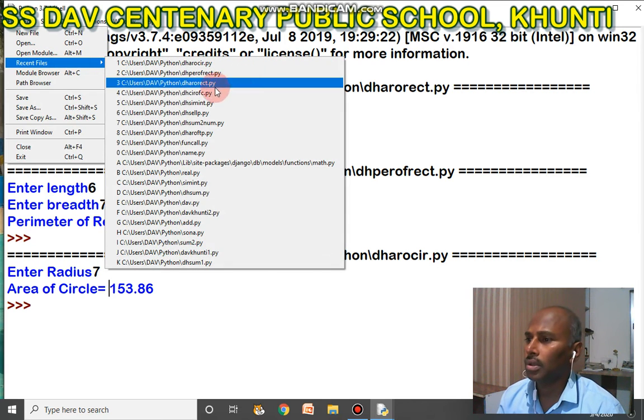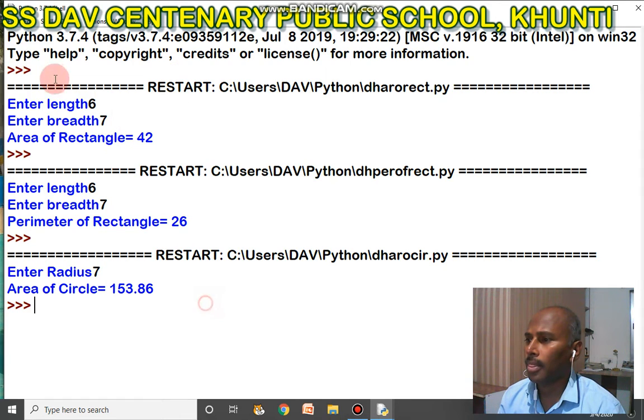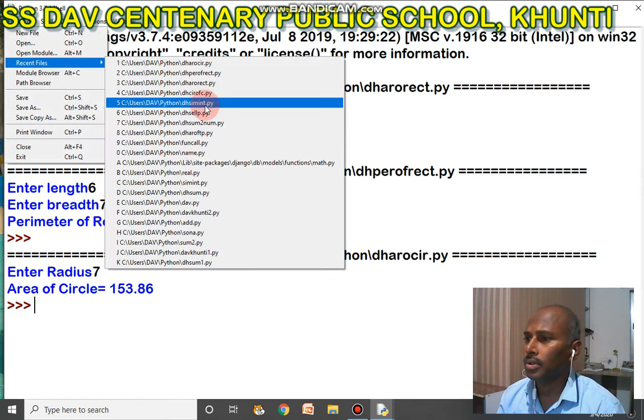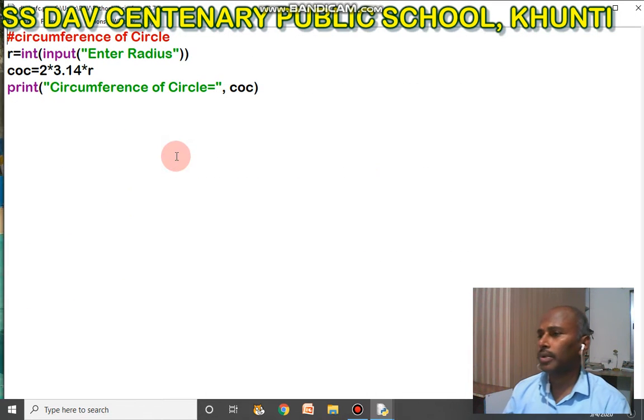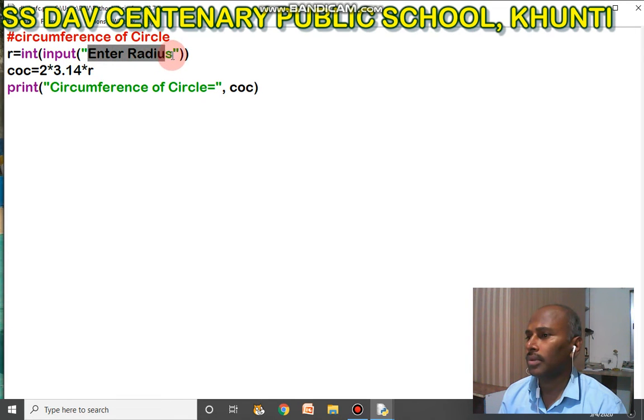Now another program, you can see circumference of circle. In this case I have to enter the radius again, and this is the formula of circumference of circle, 2 pi r, 2 value of pi and radius.